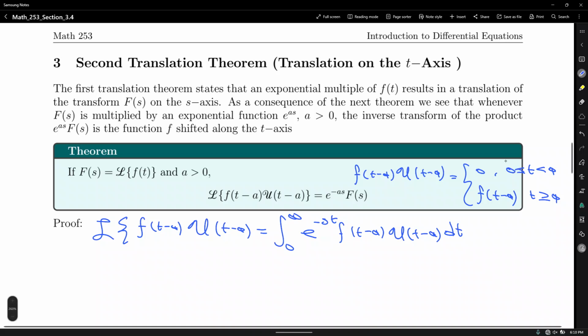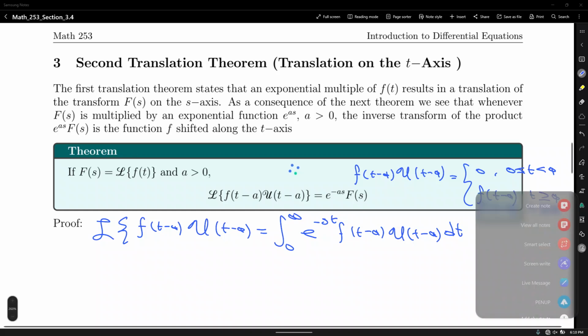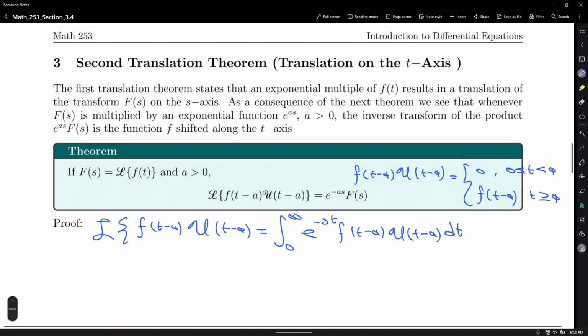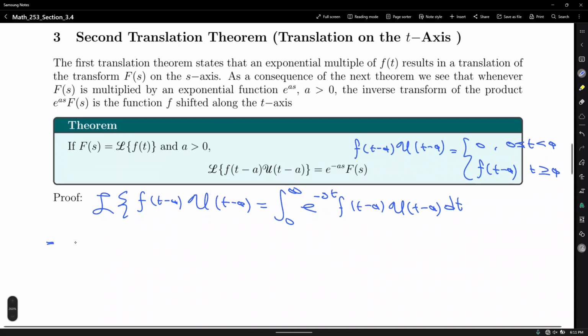We're going to replace f(t minus a) u(t minus a) with our piecewise definition. Again, this improper integral will be broken up into two pieces. An integral that goes between 0 and a, which is going to be e to the negative st. But what's the value of this function between 0 and a? Isn't that 0 again? Okay, 0 dt plus the integral from a to infinity of